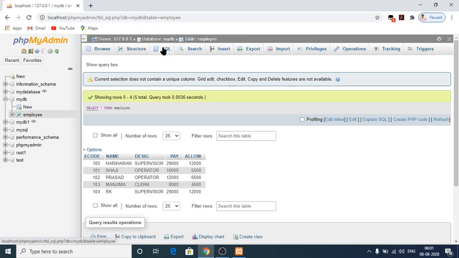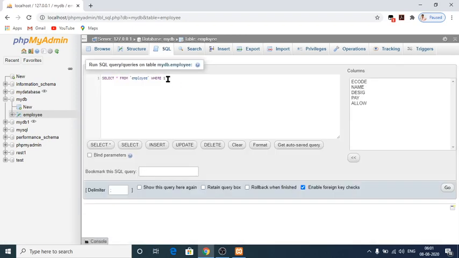The last one is to display the details of all employees who are operators. So for that, go there, select star from employee where basic is equal to operator.